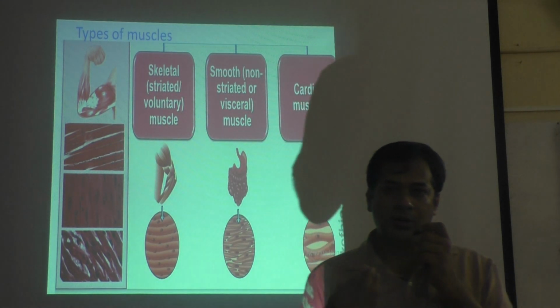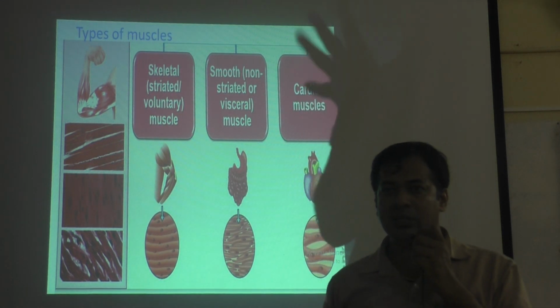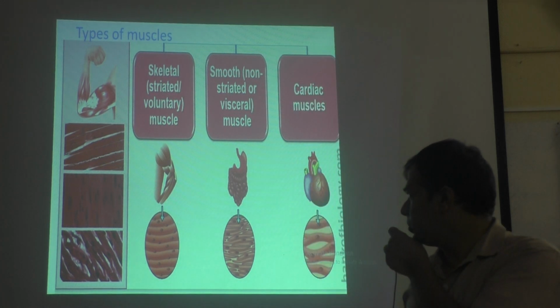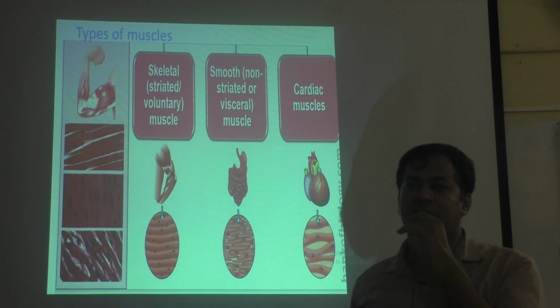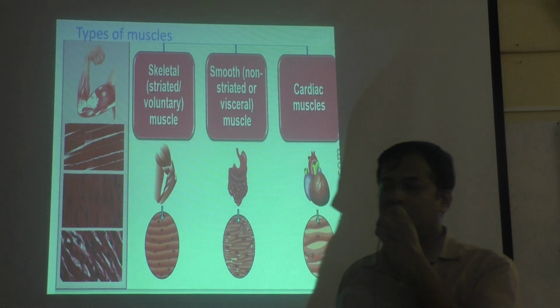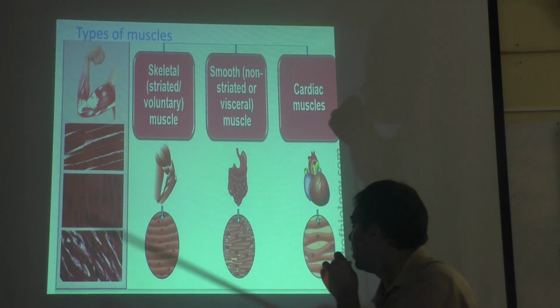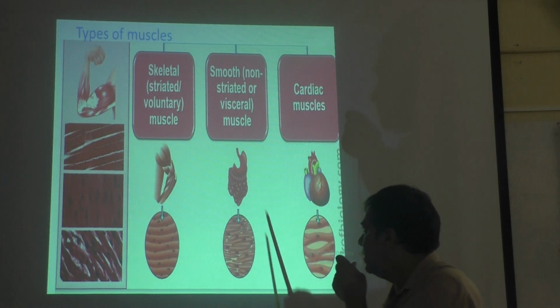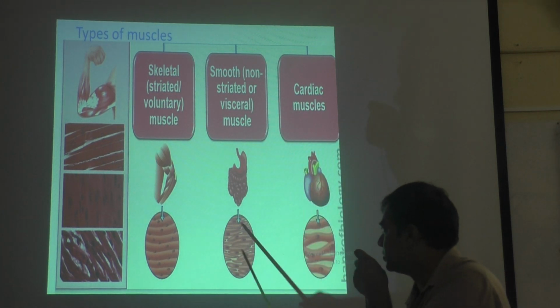Like when we take food, once it goes to the stomach, it is not under our control. Digestion we cannot control. The movement of the stomach, the movement of the esophagus, the movement of food in the intestine, are not under our control. So those muscles which are not under our control are involuntary, not under the will of the person. They are present in the inner organs, which are called visceral organs.